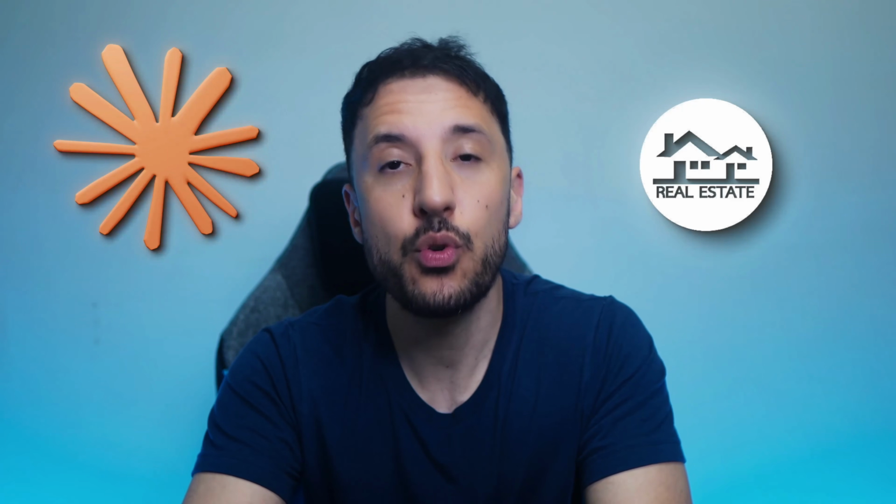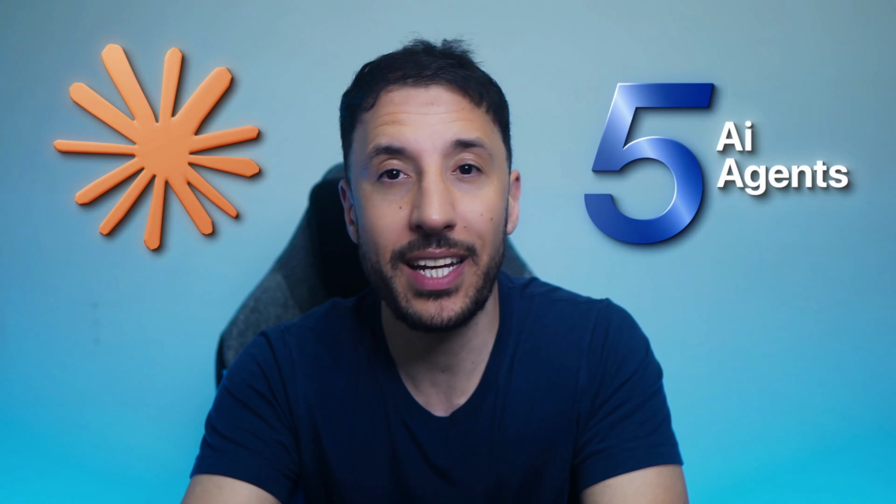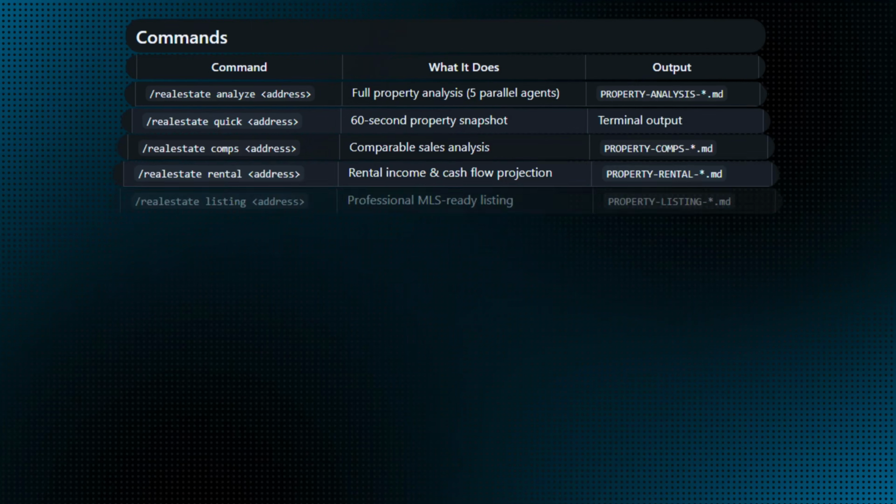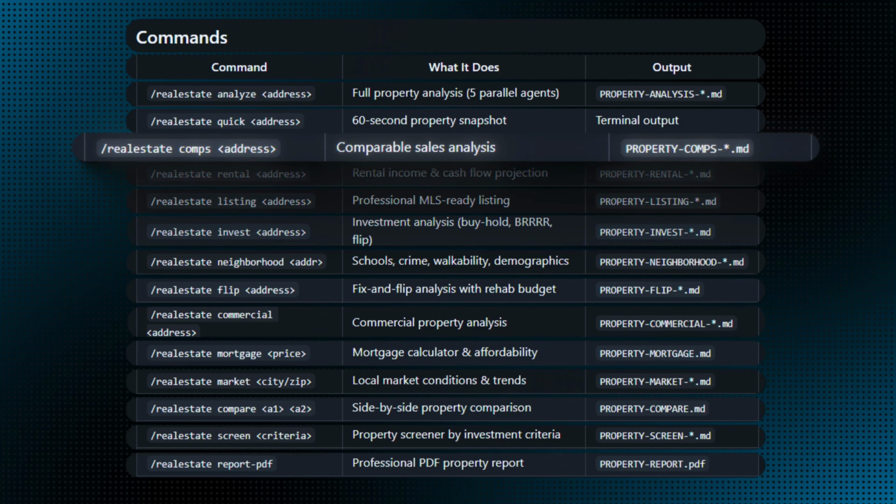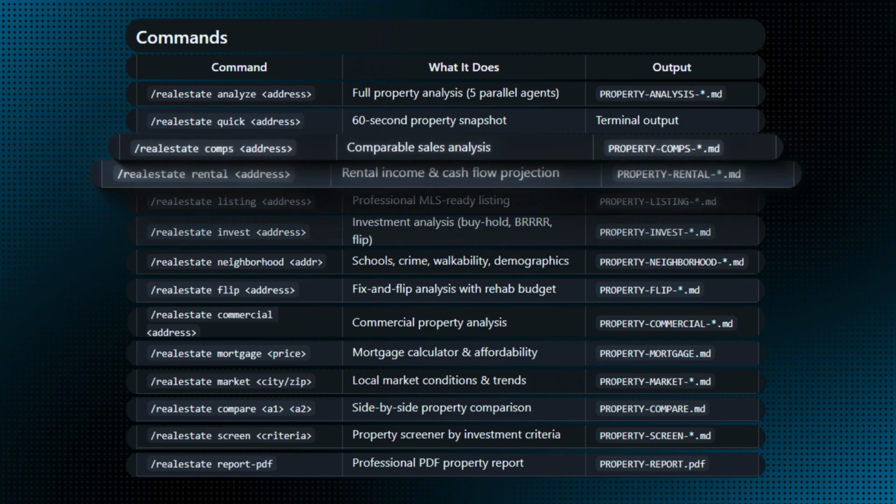Claude just changed how we analyze real estate forever. I built a tool with Claude Code that analyzes any property using 5 AI agents running in parallel, and it's completely free. You give it an address and it pulls comparable sales, estimates fair market value, projects rental income and